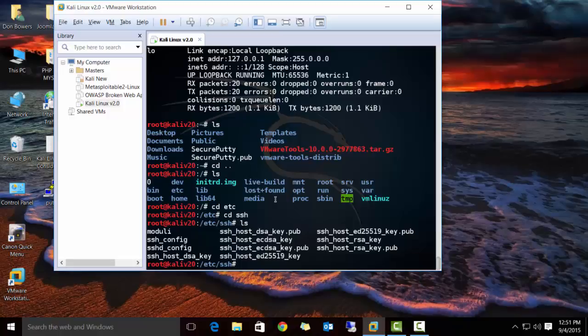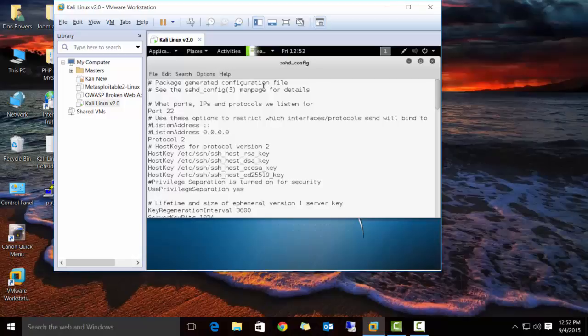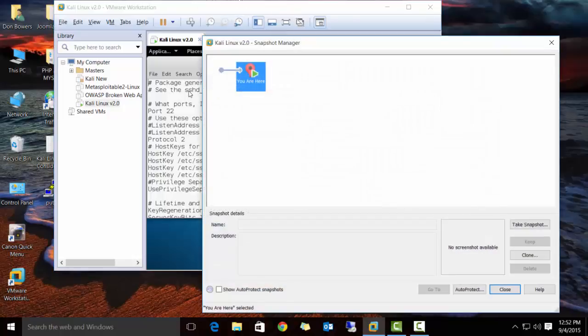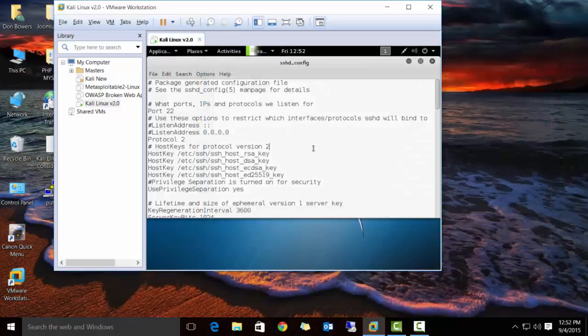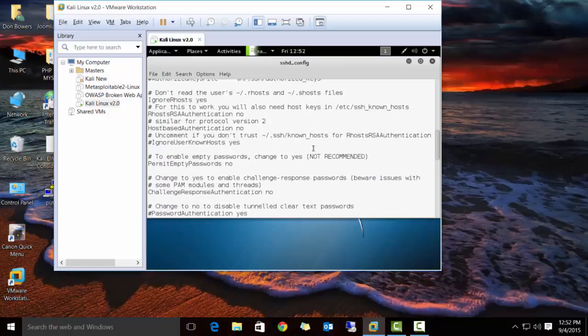And what I want to do is type in leafpad, L-E-A-F-P-A-D, space, sshd, and hit my tab key. And that's going to go ahead and complete the file name, _config. And let me bring this up real quick. And again, I'll need to get out of my terminal window to see this. But here it is. And I want to go all the way down here to this verbiage that says,